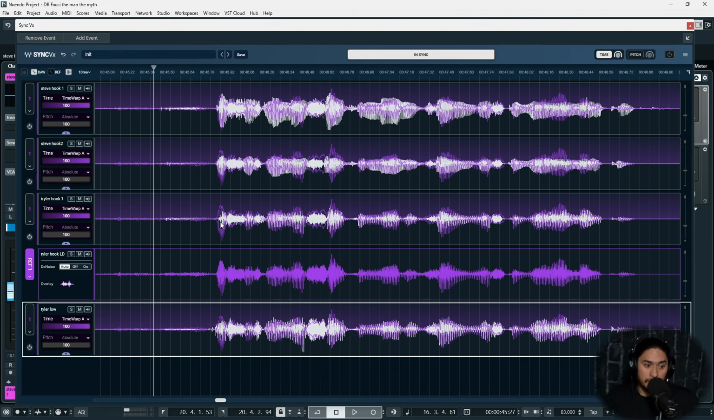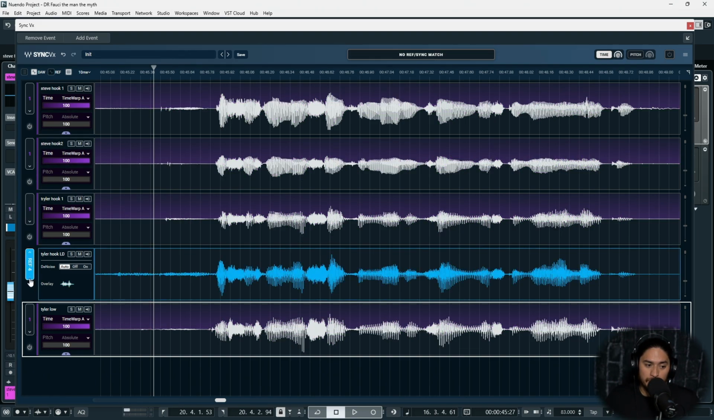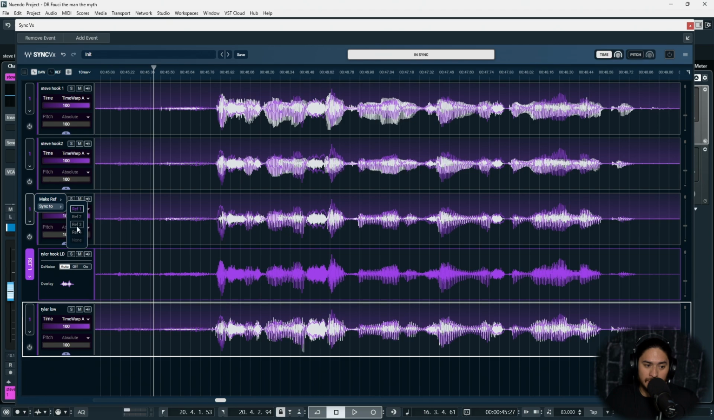Now, if you look at my screen, you'll see that right now I have one reference track. It's going to be Tyler Hook lead, and all of the other ones are following. One thing that makes Sync VX very, very interesting is you're actually able to have up to 4 separate references. And you can just click here and make something a reference or sync everything to that reference. This means that you can have all of your vocal time alignment and pitch syncing in one session using the